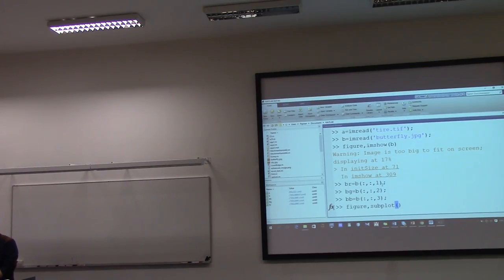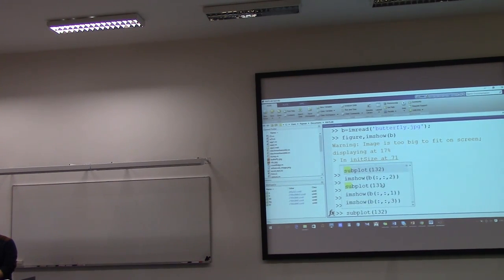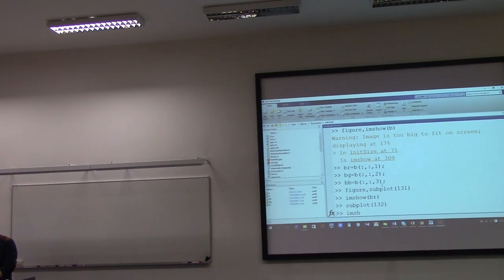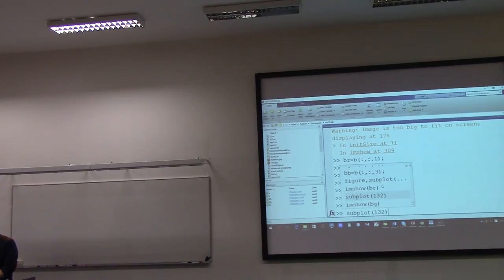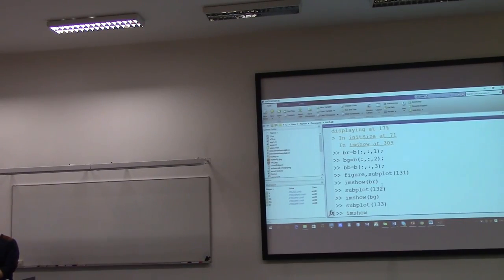If I want to show this to you, figure, subplot 1 2 1, imshow B red for the red. Subplot 1 2 2, and imshow B green, and subplot 1 2 3, imshow B blue. Okay, then